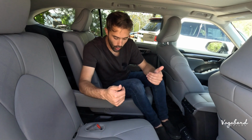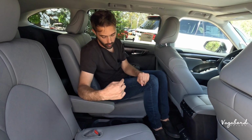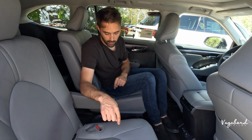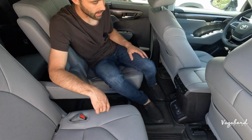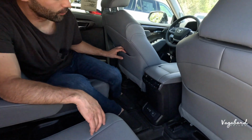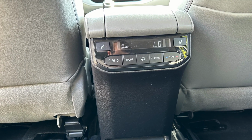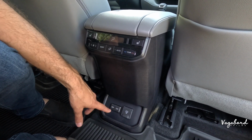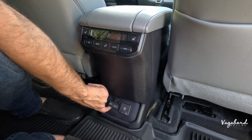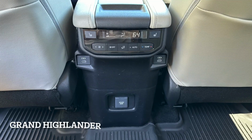So showing you the second row, this is where you're gonna see the main difference from the 7 to the 8-seater Highlanders to the Grand. Captain chairs with the armrest with your big old cup holders here in the center. I love those cup holders, but then you're minusing a passenger, so that's something to take into consideration. Pockets on the back of the front seats, your tri-zone climate control with your heated seats that lights up, and then down here, the only thing that's mainly different on the center console is the placement of the USB-Cs. Here on the Highlander is down here instead of the Grand Highlander's on the right and the left up top,